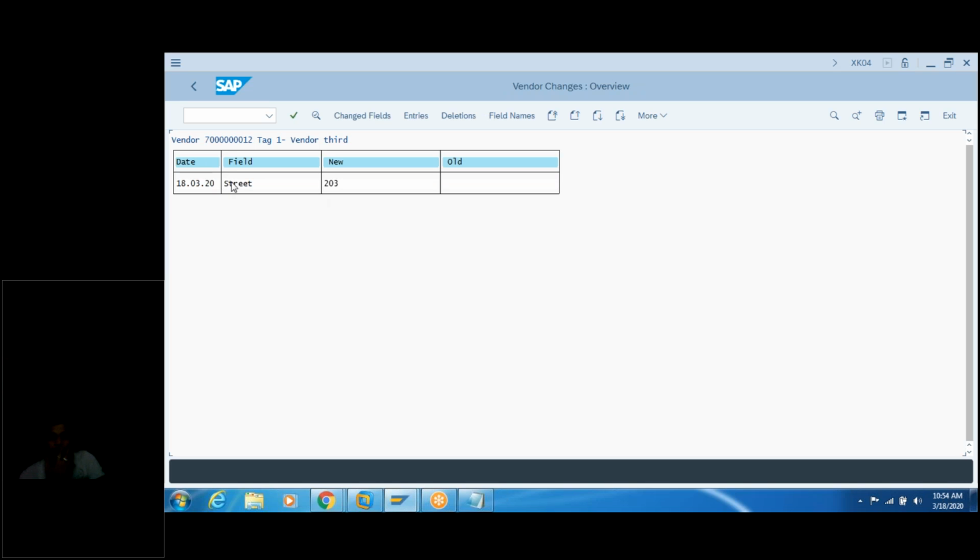See here, I changed it for this third one. The street field is the street, and the new one is 203 that I added. The old one is blank, meaning for the old one I had not provided any street. But after doing XK02 and changing it, the old one is blank and I have provided 203. So those changes you can see through the